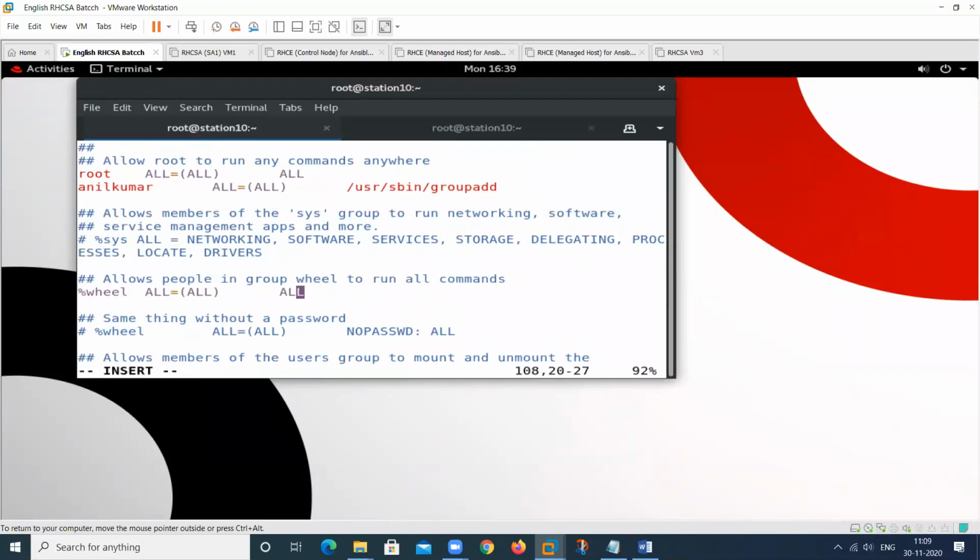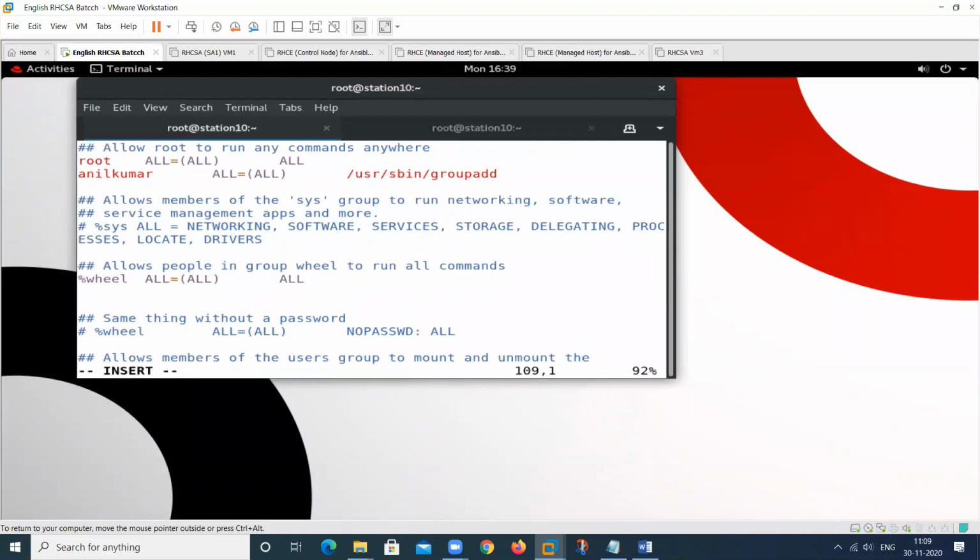If I have a group, say group 01, and in this group we have a number of users, type here ALL, again ALL.